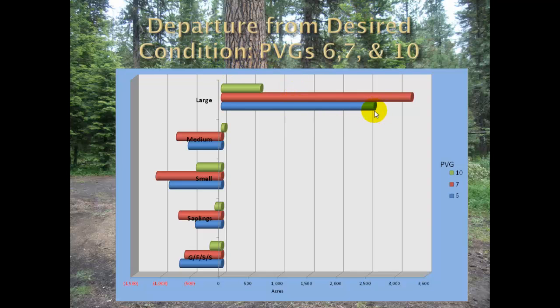However, the moisture conditions for PVG 6 probably align more closely with what is appropriate for 7 and 10,